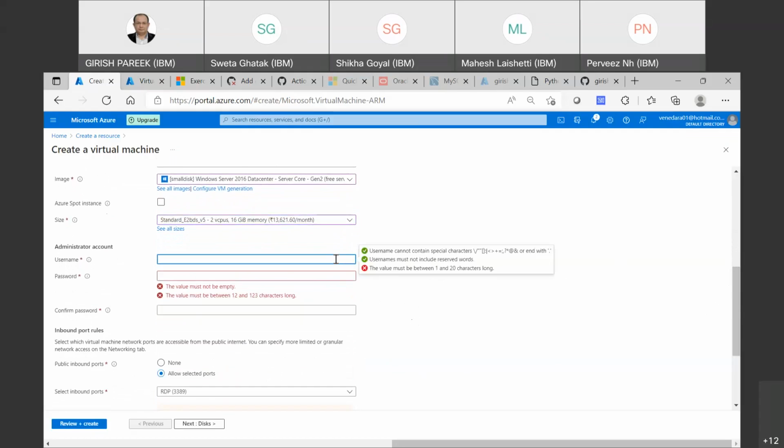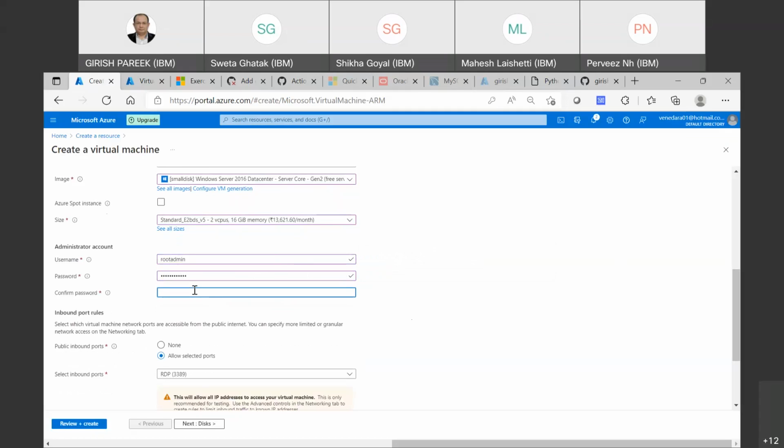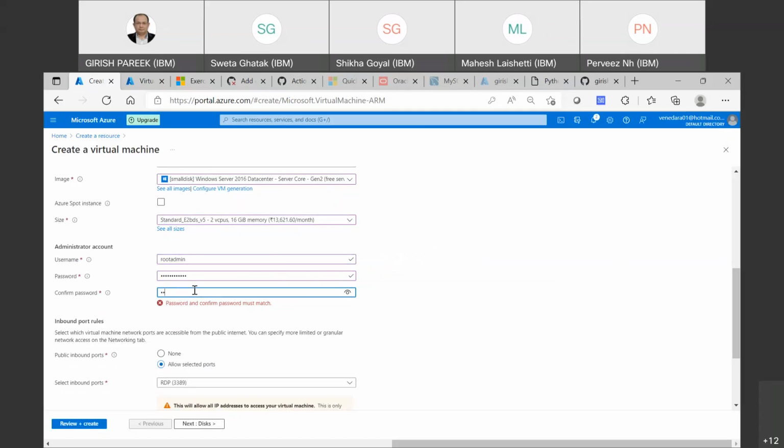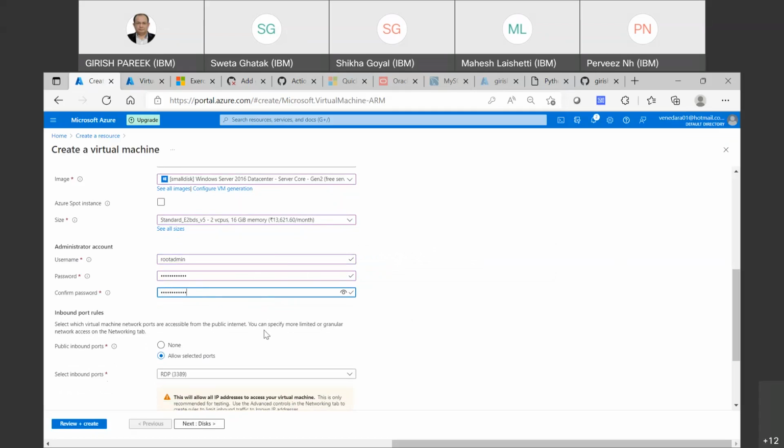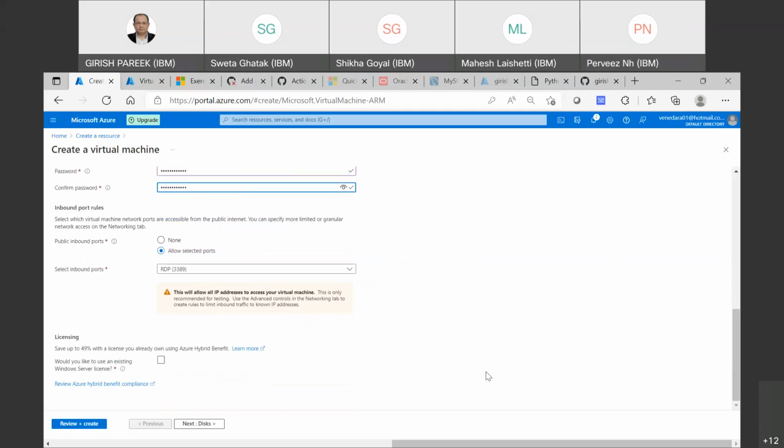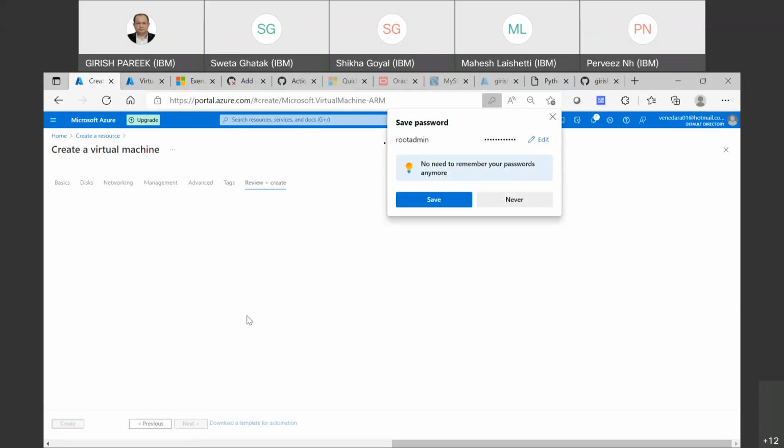Now quickly, I'm giving it a name, say root admin. I'm selecting a password here. I am just putting a password to verify, and then I don't want anything. I'm just selecting this RDP port, and that's all. I'm not bothering about anything else. I'm just clicking create and review